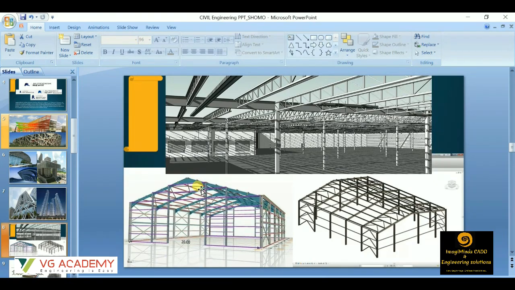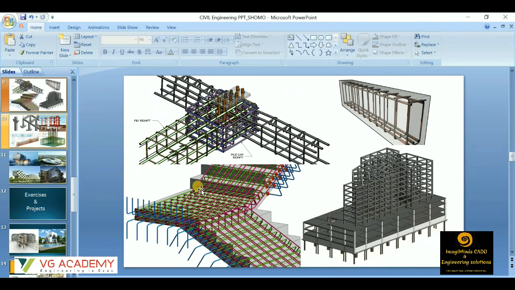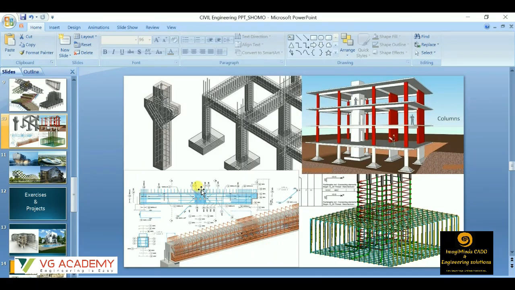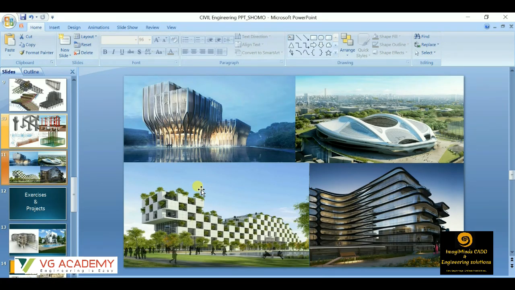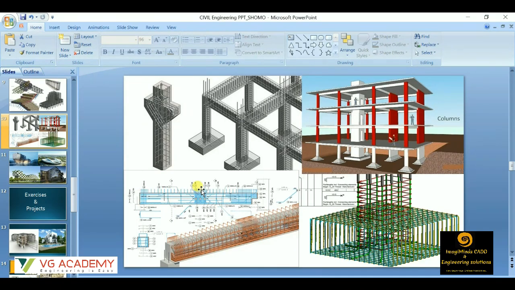With Revit structure, you can do this type of 3D reinforcement detailing that is being shown over here. The reinforcement details of beam, column, slab, foundation, each and every detail can be done. Mostly we'll be focusing on Revit architecture in this session. I'll be uploading a separate video on Revit structure.